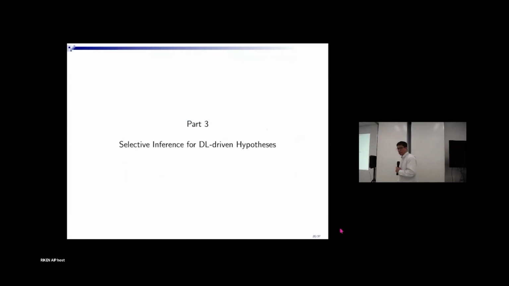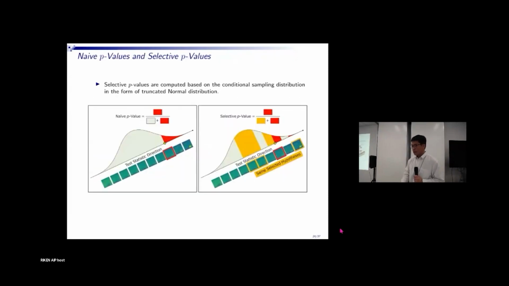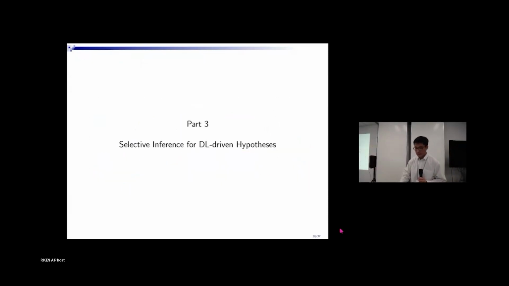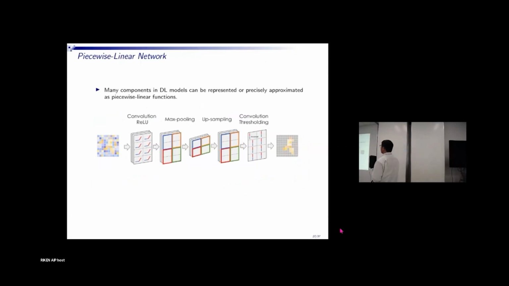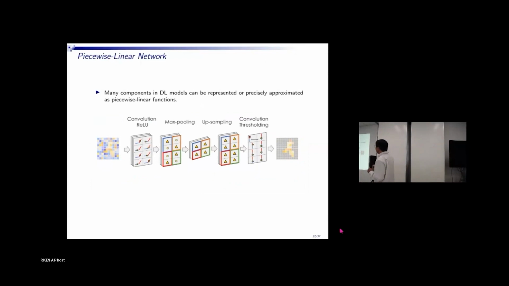Okay, so now the problem is how we can compute this kind of orange lesion and this selective p-value in the case of a neural network. Our key idea is that many components in the deep learning model can be represented by a piecewise linear component, or can be approximated by a piecewise linear component. For example, if you look at the ReLU activation function, this is clearly a piecewise linear function. Max pooling, upsampling, convolution operation, those are all